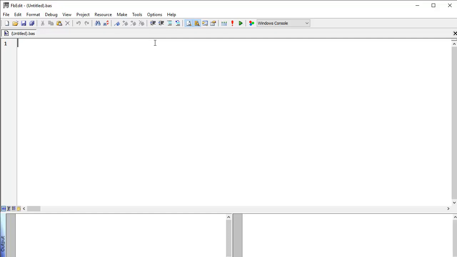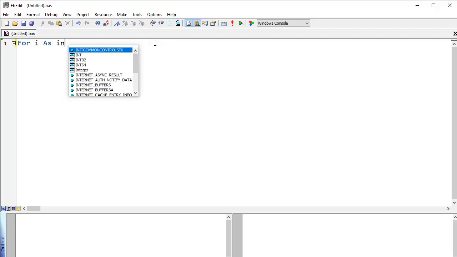Today I'm going to teach you how to use a for loop statement using FreeBASIC. A for loop is used to check for certain conditions and then repeatedly execute a block of code, as long as those conditions are met. To use a for loop statement, just type for I as integer